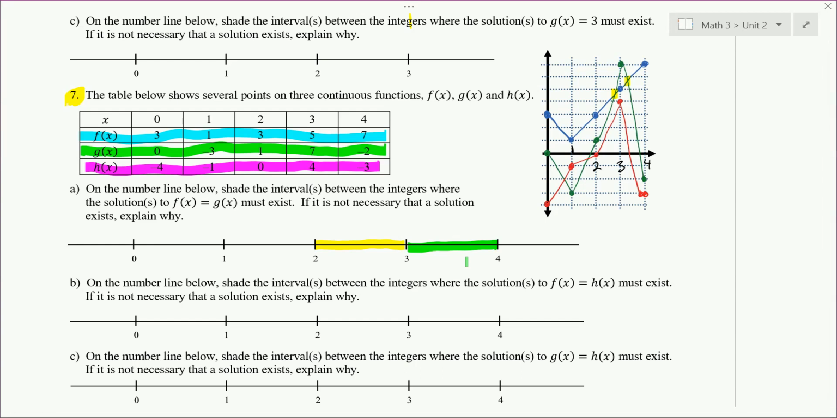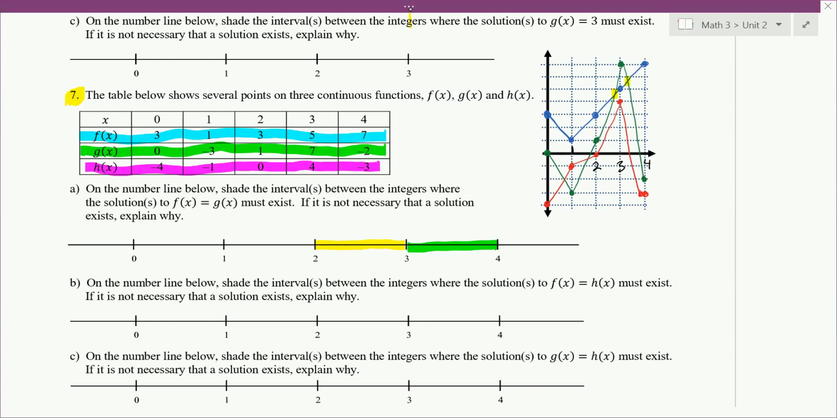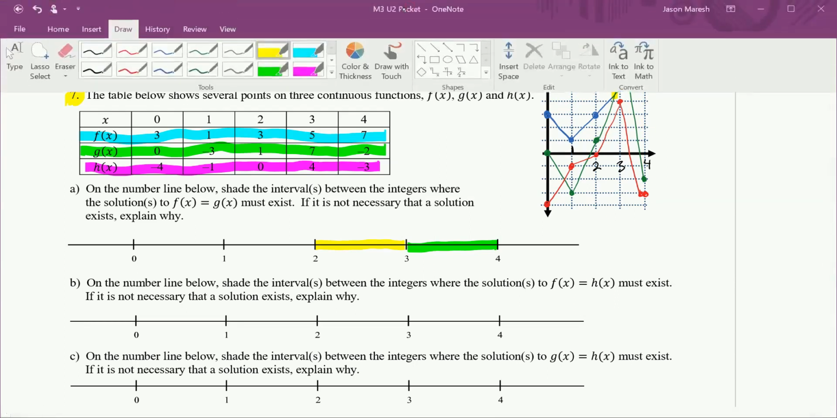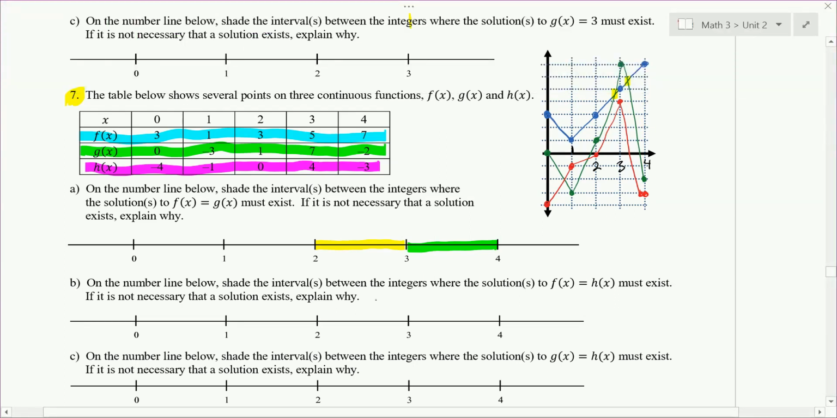Part B, on the number line below, shade the interval or intervals between the integers where the solutions to f of x equals h of x must exist. If it is not necessary that a solution exists, explain why. So now we're looking at f and h, so blue and red. Do the blue and red ever cross? And looking at them, they never do. And so that's what we write. No solution